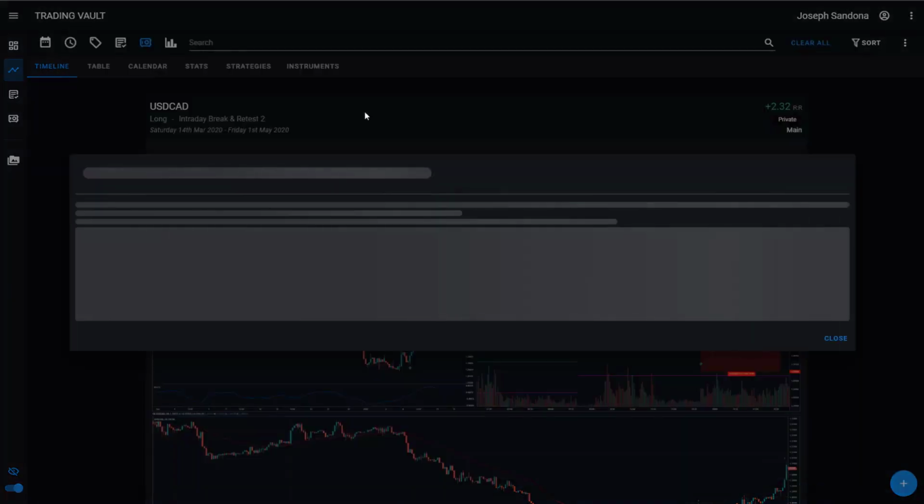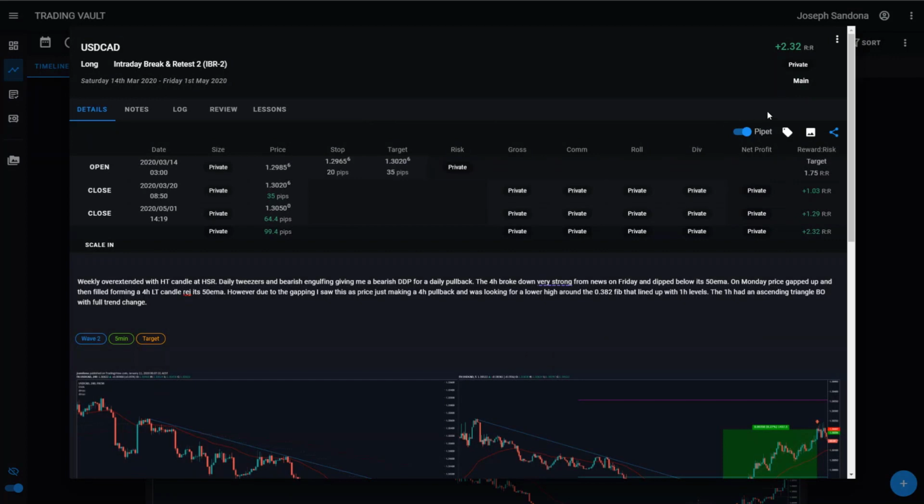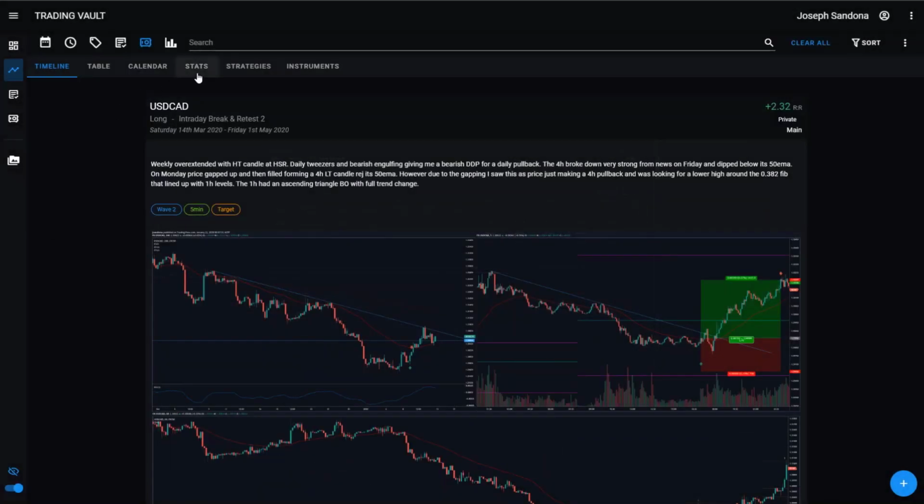If we step into the trade, same again, our private icon is covering up the dollars over here, and again throughout the entire trade itself. So my grosses, my commissions, my risk per trade, my net profit is all covered up, including the sizes if you are recording that. And lastly, just to round it off, if we jump into our stat screen,